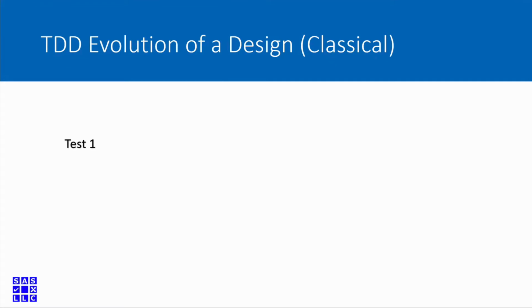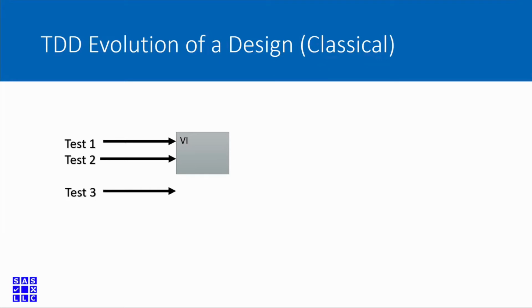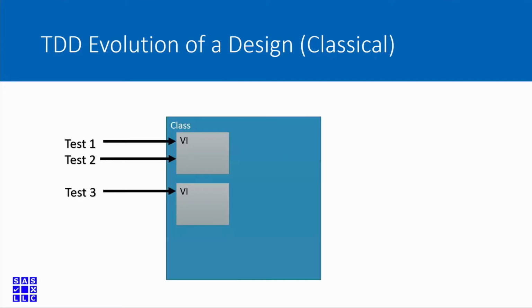And so it kind of looks like this, right? You want to add some feature or some behavior, right? That's the real word we should be using. And so you write a test to test that behavior. And that leads you to create a VI to implement that behavior. And then you decide, okay, well, I've got this other behavior. You write another test. And then you add more to your VI to make that test pass. Pretty soon, as you start adding tests, that VI gets really big. And you decide, okay, well, I need another VI to do this other function, because it doesn't make sense to cram all this behavior into one VI. And since these two VIs are doing something related, we decide to put them in a class.